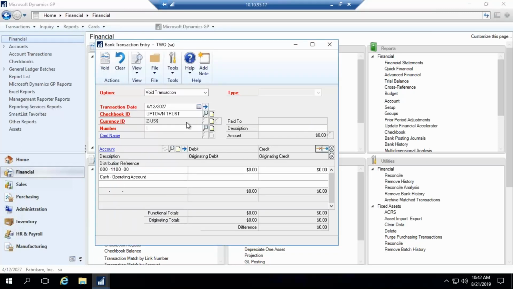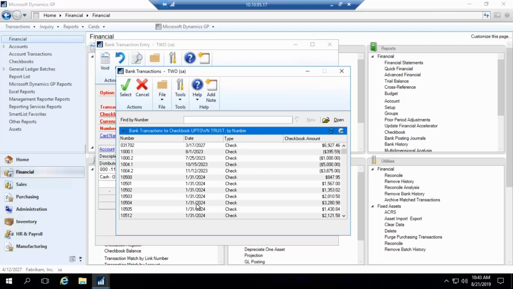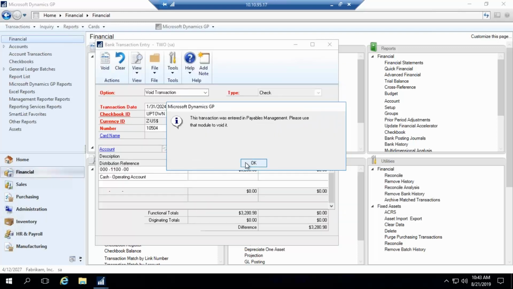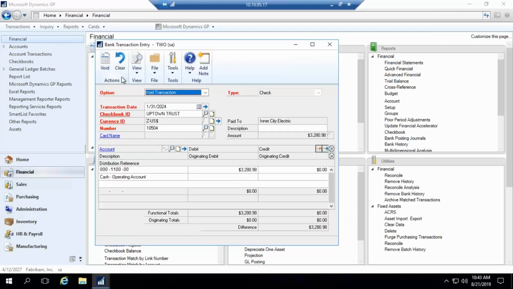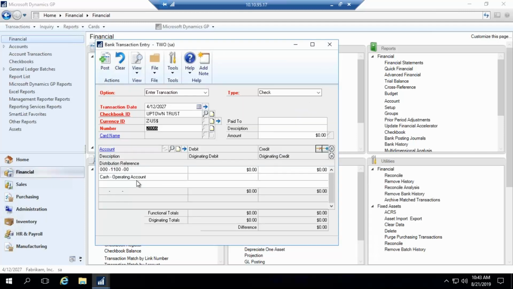So here, this will also default to the original transaction date. Let me pull something up so we can look at that. Did you see that? Let me do that again, just so that I make sure everybody saw that. If I try to void a check here,